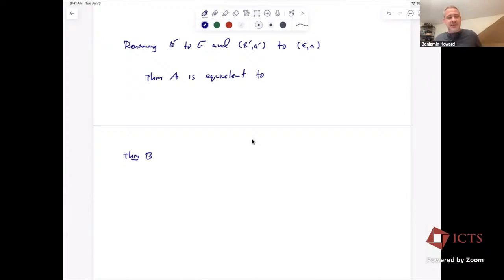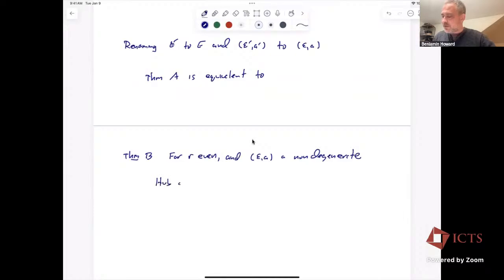Theorem B now says that for R even, and EA a non-degenerate Hermitian vector bundle on X prime, now of rank n-1,